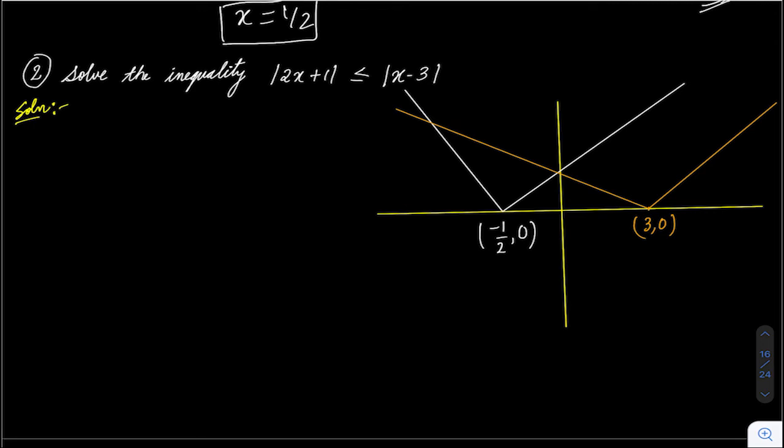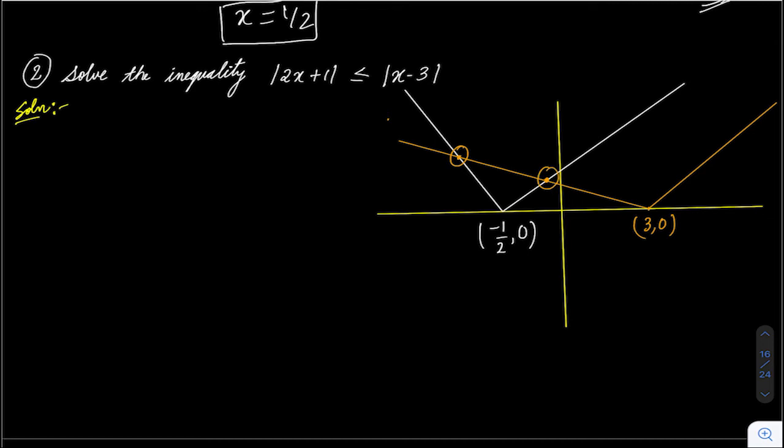Now, as you can see, they are intersecting at 2 points. Actually, from the look of it, you can say that it is intersecting at this. Actually, we don't know where it is intersecting. So let me just draw randomly. Okay, this is better. So we are getting 2 points of intersection.